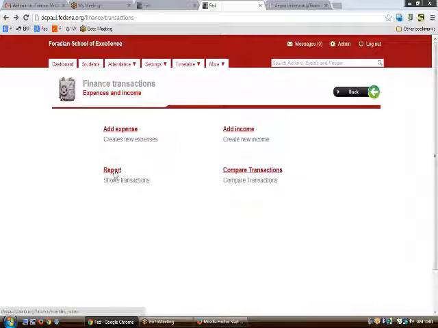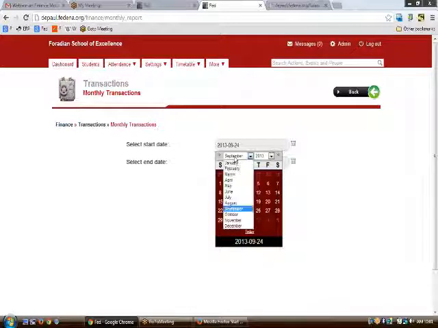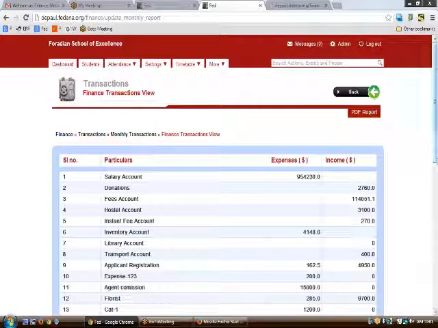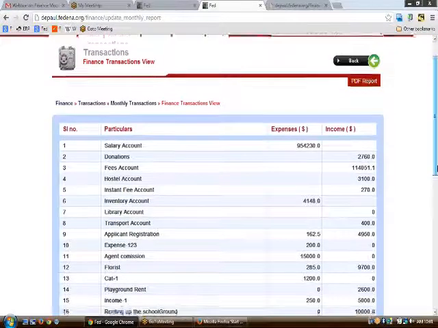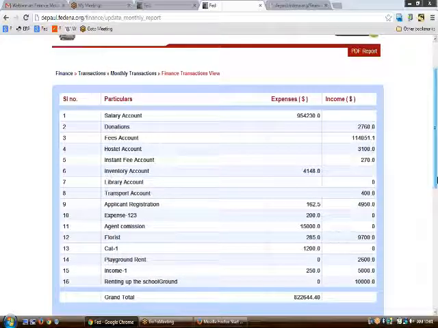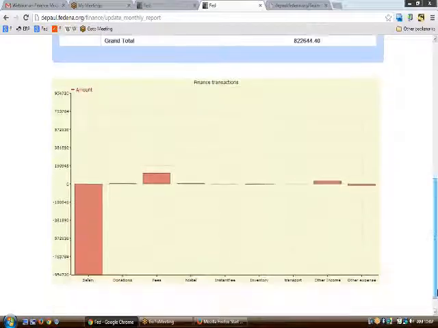Then comes the report. Supposing you want to see the report of a particular period, all you need to do is click on the start date and enter the end date here, and here you go: a track record of all the incomes and expenses done for the selected period, along with a graphical approach.